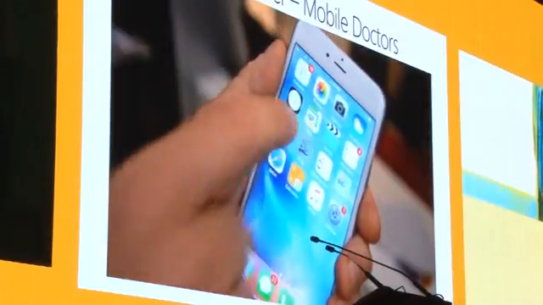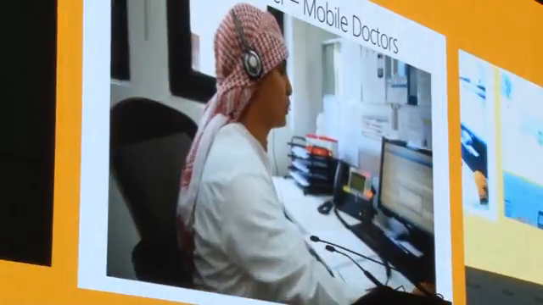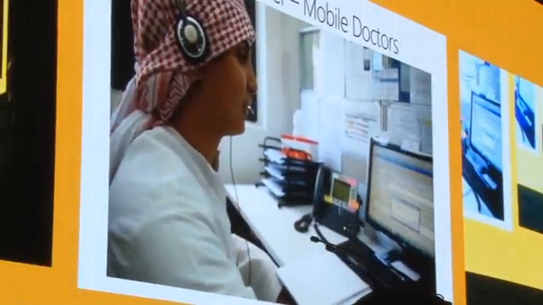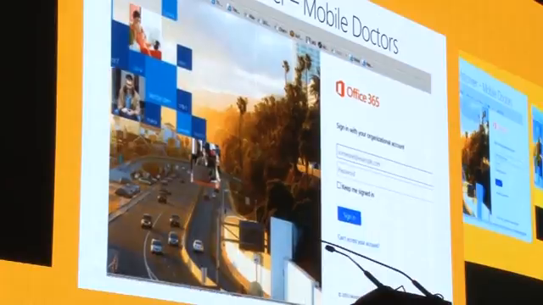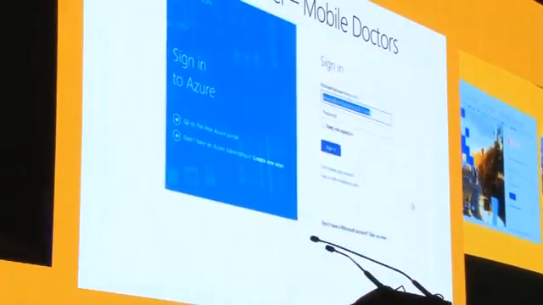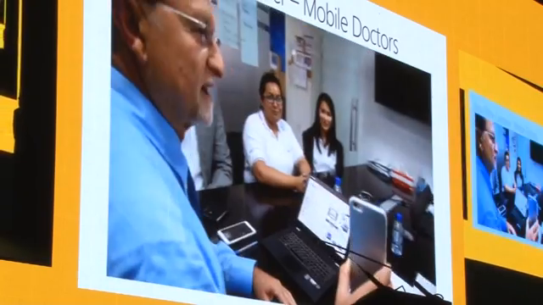Technology really allowed us to save a lot of money to be able to spend the money where it's needed, which is on the doctors, to be able to provide the services that we do for the patients. The state-of-the-art that is provided by Microsoft gives us the ability to focus on allocating our resources